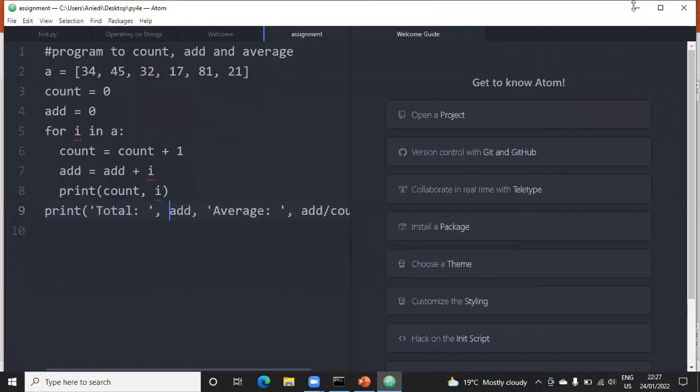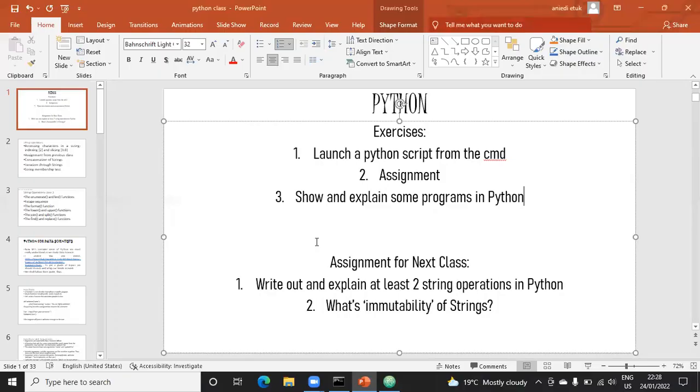Okay, let's go back to now. Another thing we want to do today is to show and explain some programs in Python. I wrote some programs in Python on my Atom. So we are going to read through and make some explanation. Then